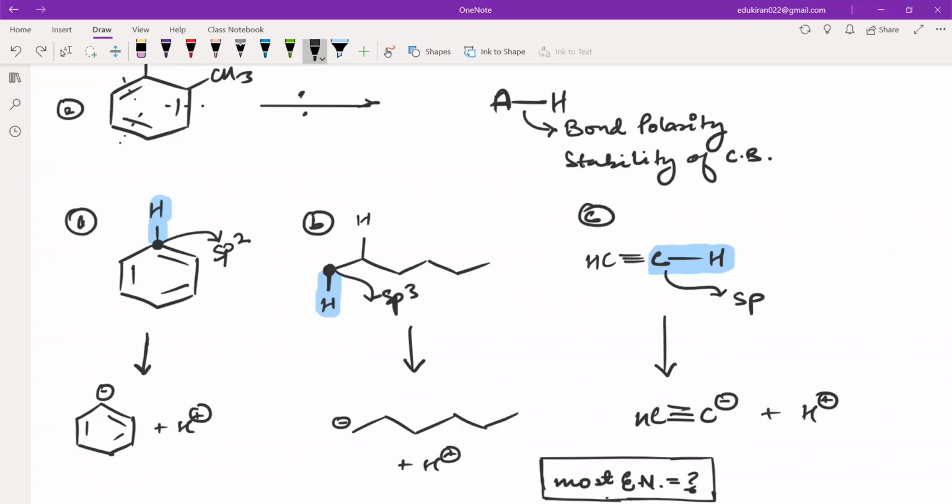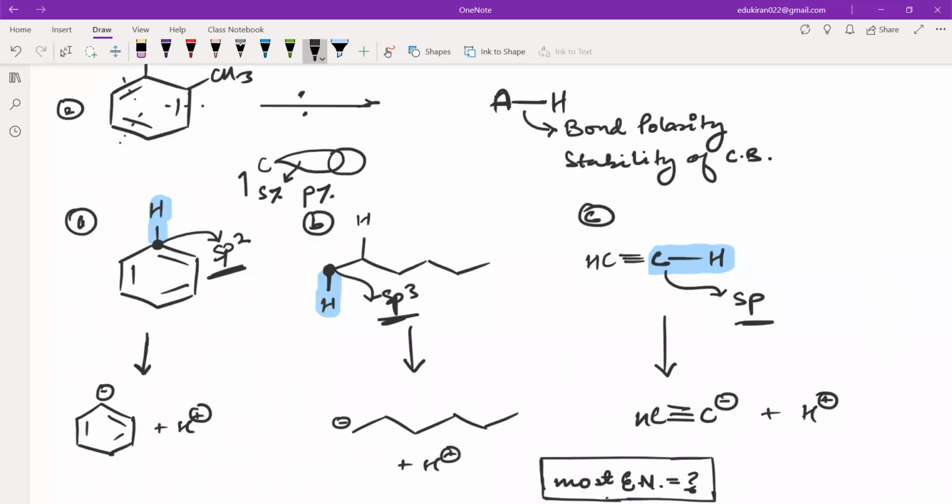Now you tell me here the orbital. So we have carbon atom and there is one orbital. Okay, and it is making bond with hydrogen. Okay, so if I have sp2, sp3 or sp, now this orbital has some s percentage, some character of s and some character of the p orbital. Yes or no? Yes, sir. Okay, so